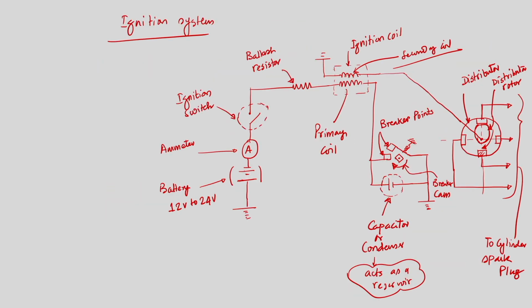Now, when battery current is flowing through the primary coil, there will be an induced EMF in the secondary coil. That is what we have understood from the second schematic here, and this EMF is not sufficient to break the spark gap of the spark plug. Now, what is happening? The breaker points are remaining closed. What is done? The distributor rotor, initially in contact with one point, now opens.